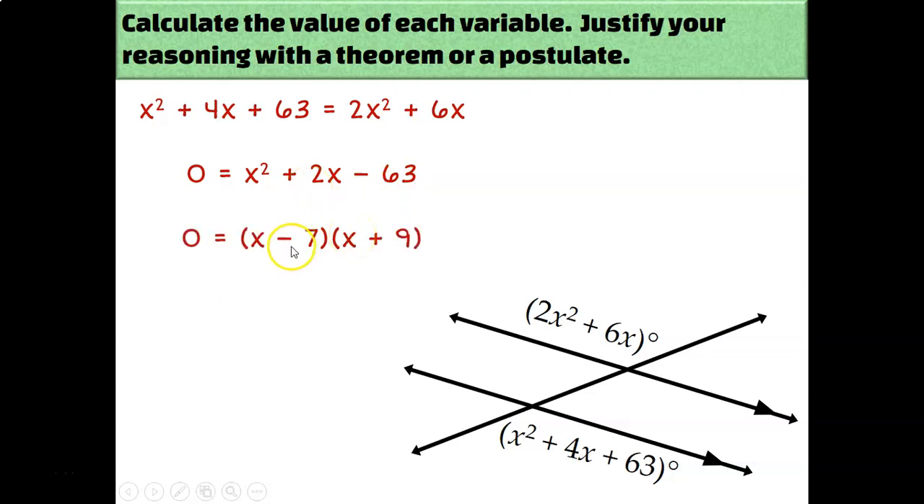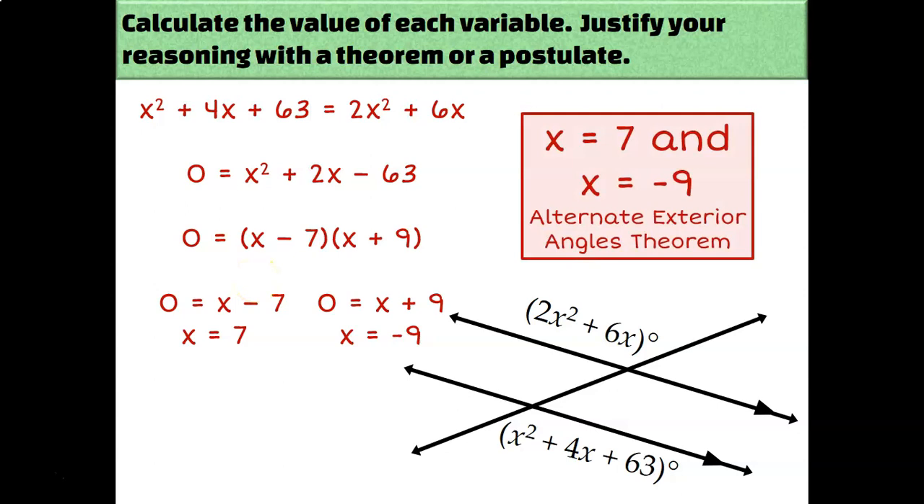And 7 is the one that should be a negative number if you wanted to add up to a positive 2. So I set both of those equal to 0, and I get answers of x equals 7 and x equals negative 9. Do a quick double check to plug your numbers in and see if they make sense. If I plug in 7, I get 140 degrees. And if I plug in negative 9, I get an answer of 108 degrees. So both of those values of x give me valid answers for my diagram. So I would say that my answers are x equals 7 and x equals negative 9 based on the alternate